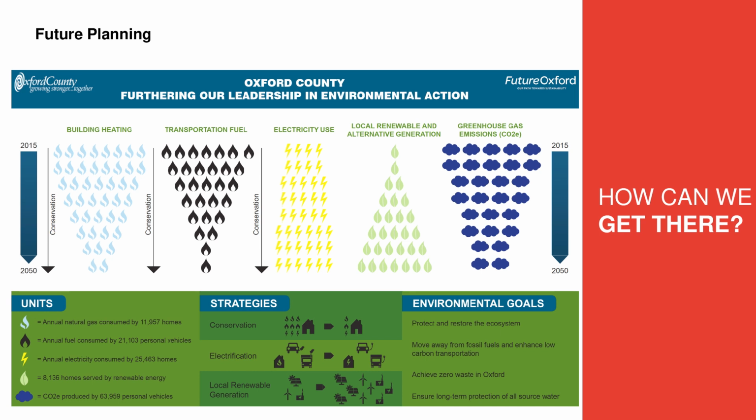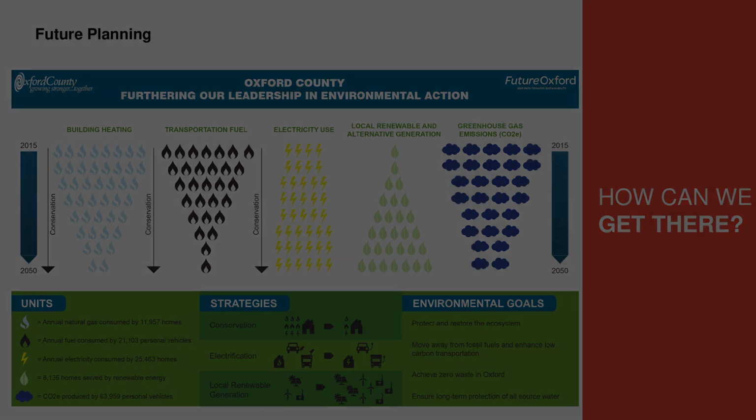As I mentioned, we have a significant amount of work to do to achieve our community-wide goal of 100% renewable energy. This is an infographic that looks at the baseline of 2015, cascading all the way towards 2050. The main thing here is we need to decrease the amount of building heat and fossil fuel associated transportation that we're using to achieve potential goals around decarbonization and renewable energy development.